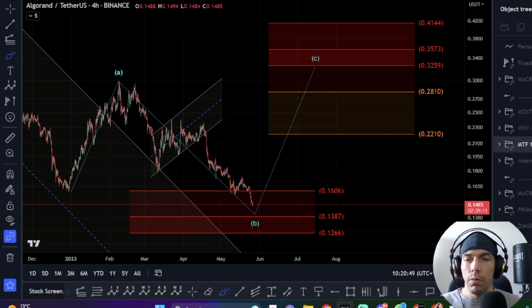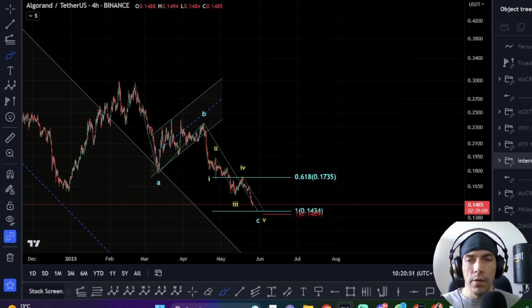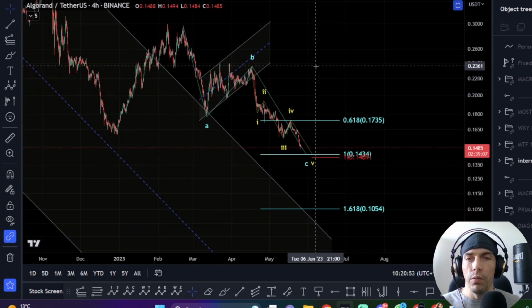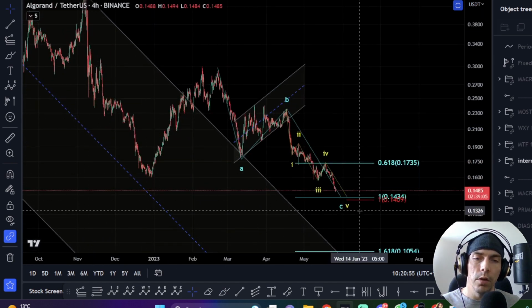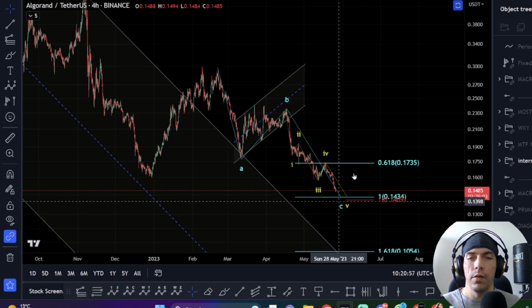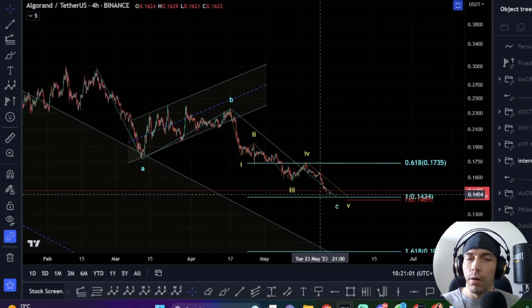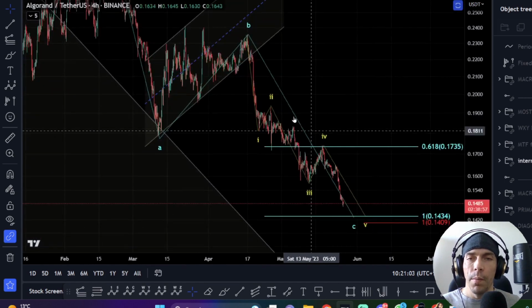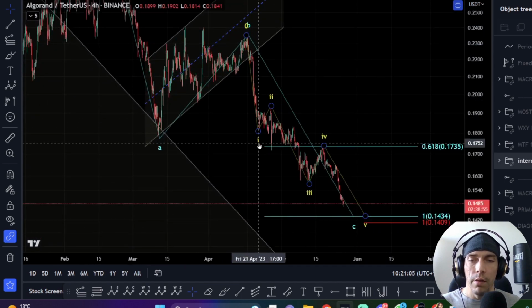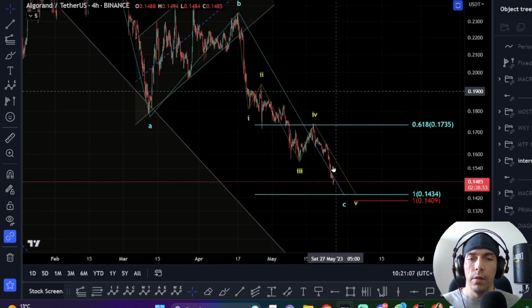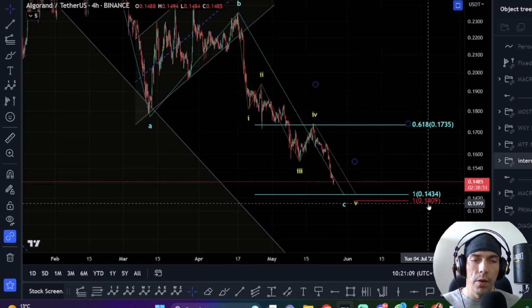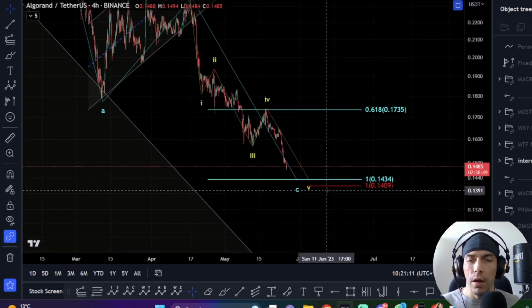Now, what we would want to see within this is basically this just play out as a three-wave move. Now, there is also the potential of a diagonal here, so we need to just bear that in mind. We're going to have to see how we react off of this if this does actually play out. Now, the way I would be looking at this is treating this rather as having an extension in the wave 1. Now, this is valid for as long as the wave 5 stays above this 1409,